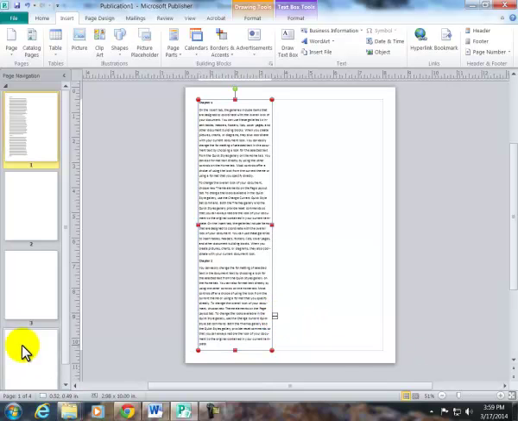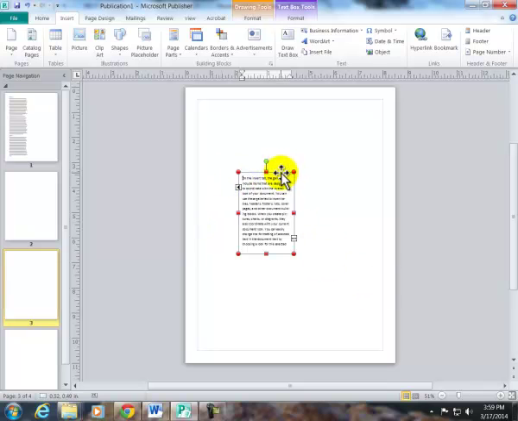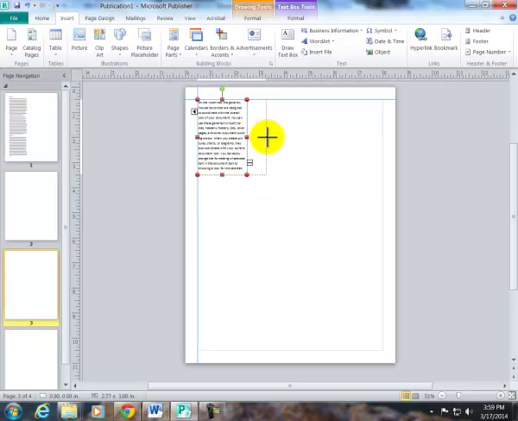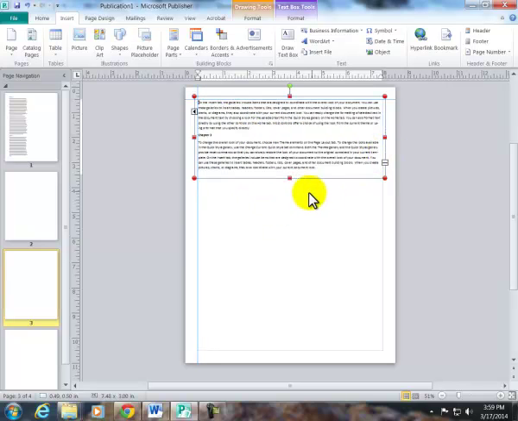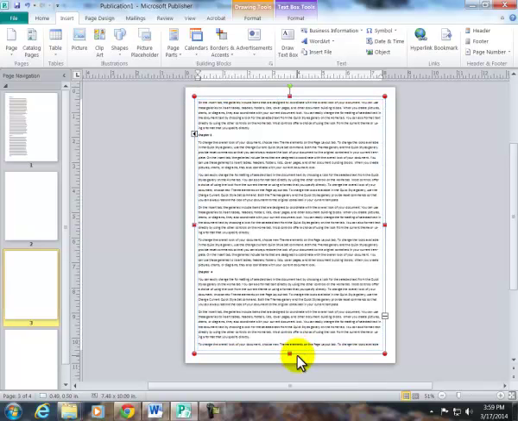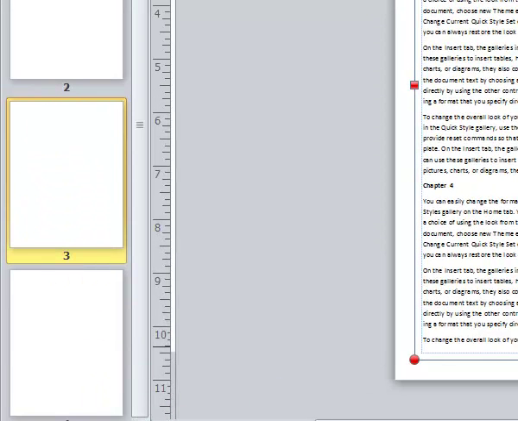I click on the three dots. I go to page 3. If I click any place, it gives me the thing. And then I can position, make it go over to here, make it deeper if I want to. So let's say we want to cover the page. I'm going to talk about separating this into 3 columns later on. So we've got that. I'm going to go on to the dot here,